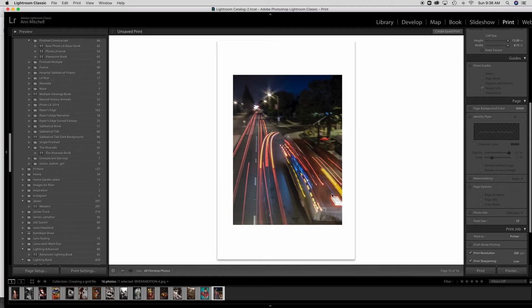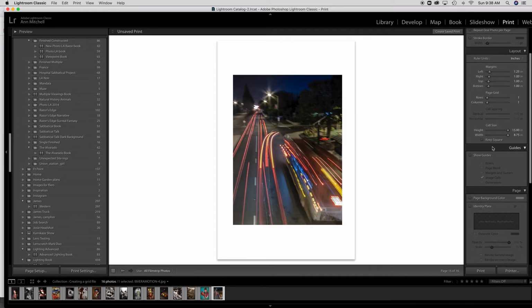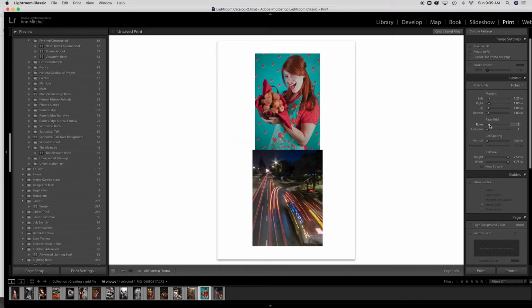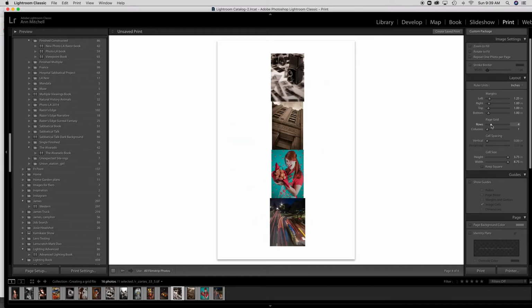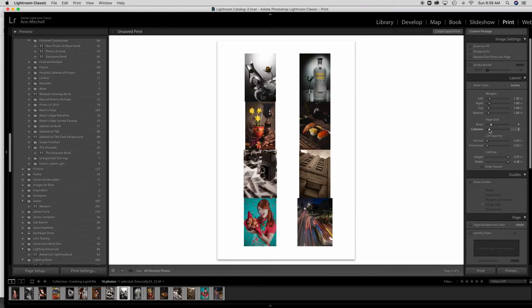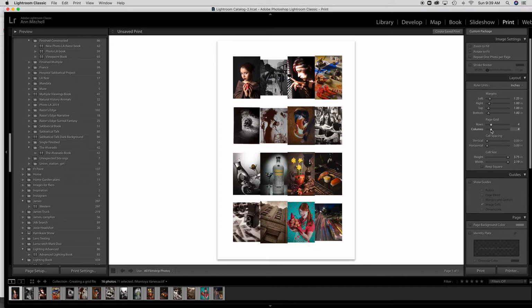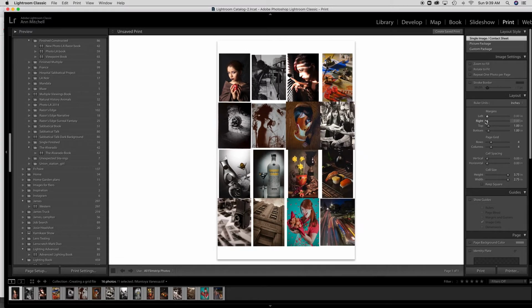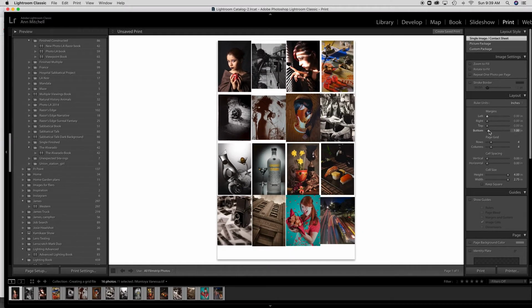Now you're not seeing any change yet, but that's because over on the right-hand side under Layout, there's my page grid. So if you're doing 16, it's 4 times 4 is 16. And that's how it looks. Now let me click Zoom to fill. Oh, the other thing is under your margins, right here in Layout, move all of those margins to 0.